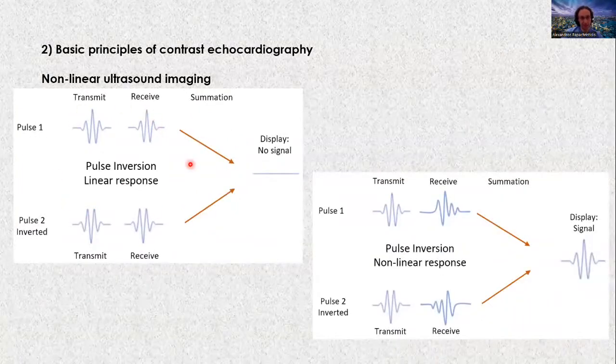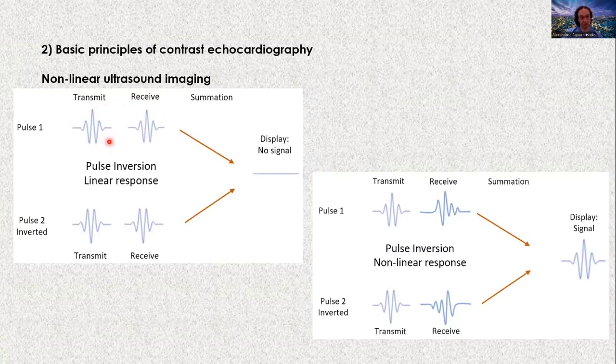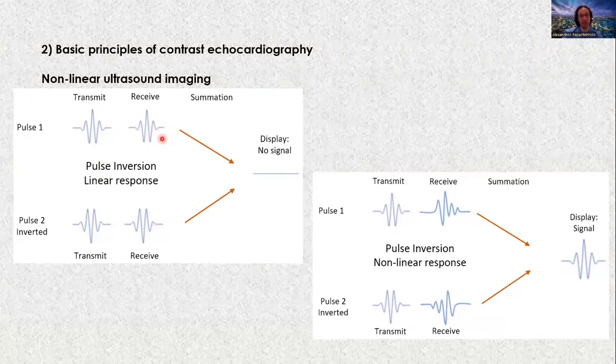Pulse inversion is another multi-pulse technique where the pulses are different in phase. The first pulse has this shape, and the second pulse is inverted. The third pulse again is this shape, and the fourth is inverted, so they're out of phase. The received pulse again is identical when we're talking about a reflector with linear response. And then there is one step of post-processing, which is summation, so because they're out of phase,